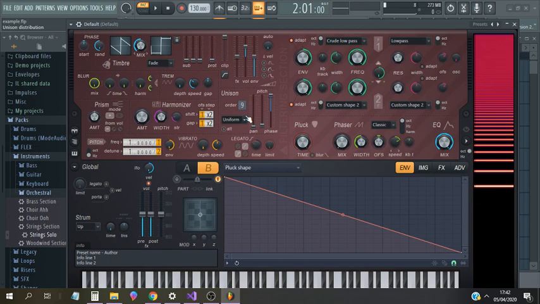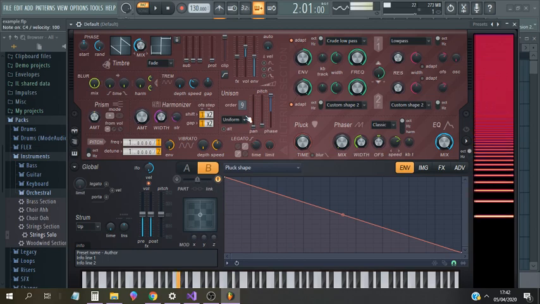You can hear it's still there somewhat, but it's nowhere near got that kind of effect that we had before when the phase